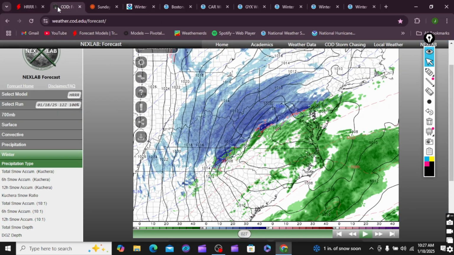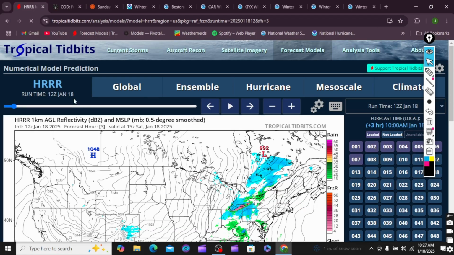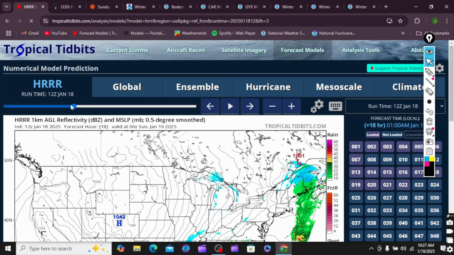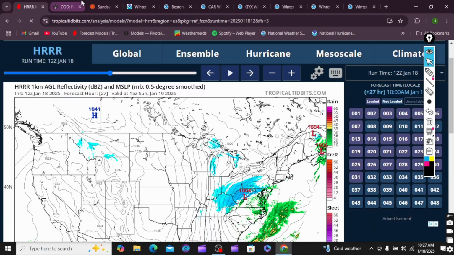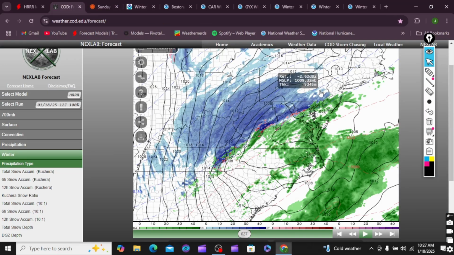If we go into 27 hours out, this is actually about 10 in the morning. I was a little off because I was using a different hour than her, and it threw me off. So this is about 10 o'clock in the morning.